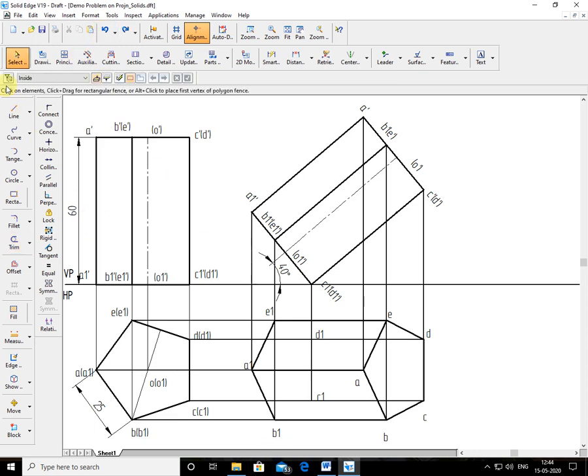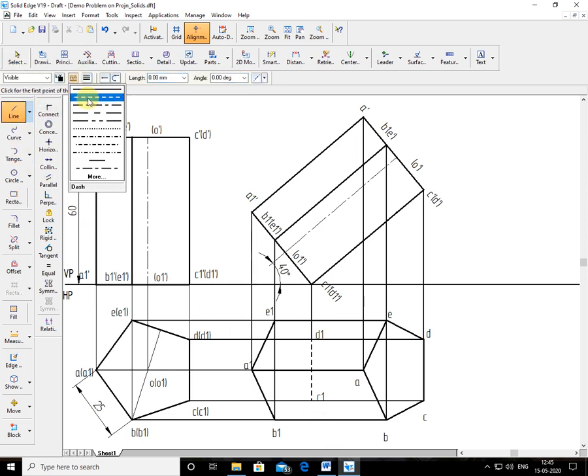If it is an independent line, you make it independent. Use the split command: you split this line here at this point. Thus it becomes independent. When it becomes independent, you convert it to a hidden line. There are many ways, or you can delete it and draw it once again. That is no problem. Now here is the continuous line.